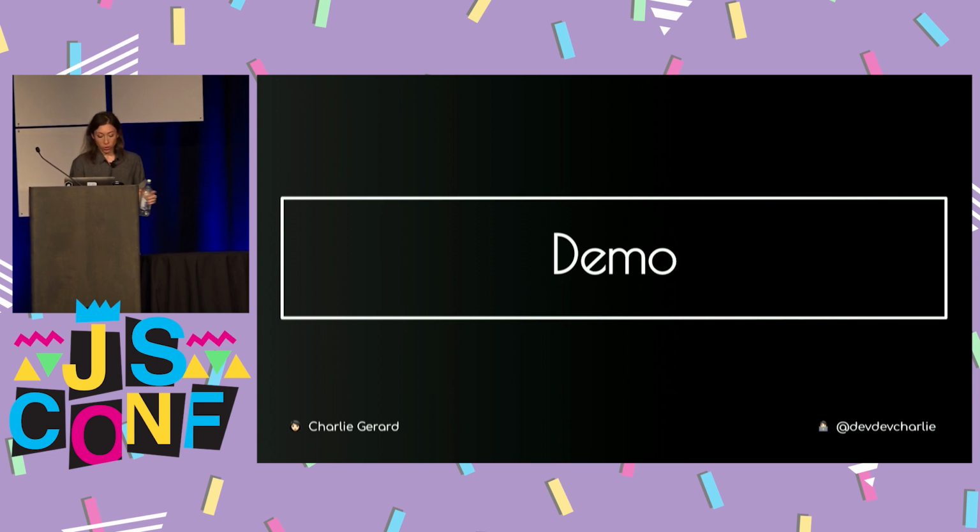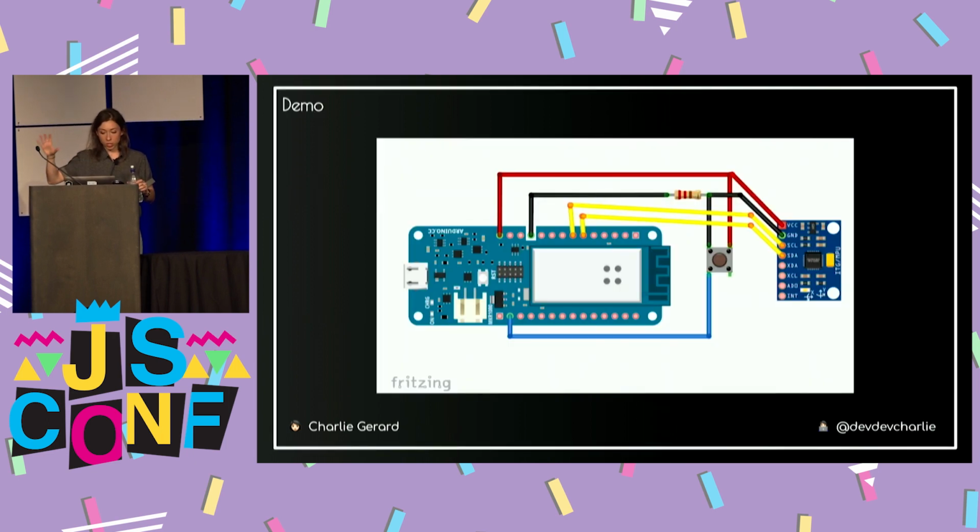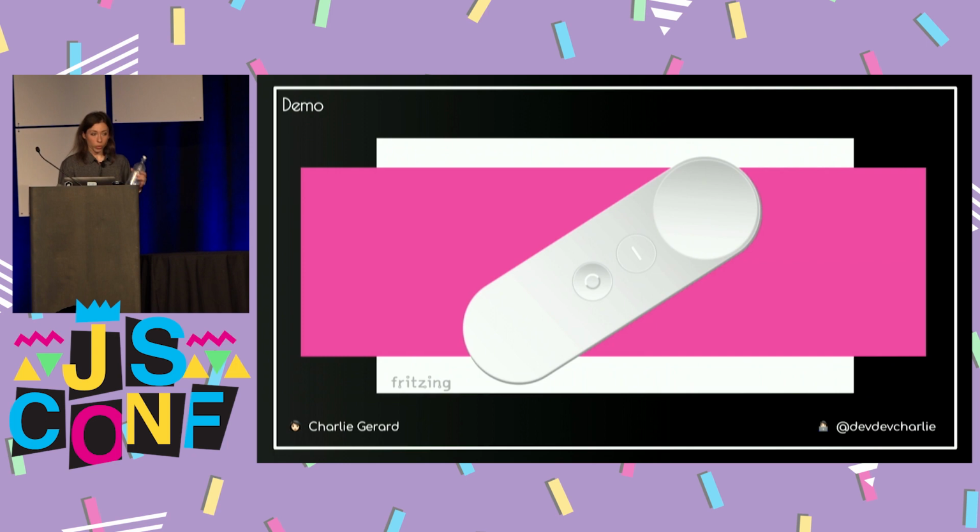So, you know how at the beginning of the talk I told you about the data that wasn't really good? I don't know yet why, but I know that it wasn't really good. So this is the sketch. This is how I put the sensor, the button, and the Arduino together. But I knew I wanted to do a demo, so I switched sensors because I didn't want to come on stage knowing it wouldn't work. So now I feel like maybe it will work because I switched. But it works the same way.